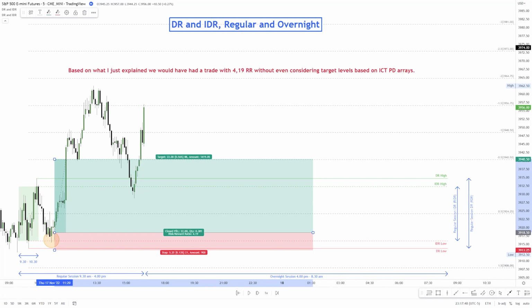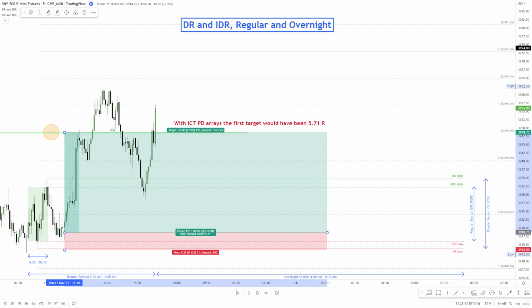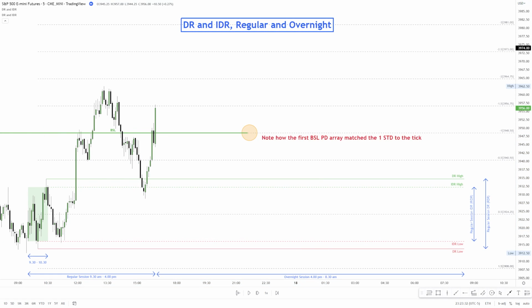If this trade would have been stopped out, you would know that the long bias was wrong and you would need to wait for short setups. This is the same trade again, just with the first buy-side liquidity PD array based on ICT model, which would have netted you a whopping 5.71 risk-reward ratio. Note how the first buy-side liquidity PD array is matching the 1 standard deviation projection exactly to the tick. I guess that's just random,